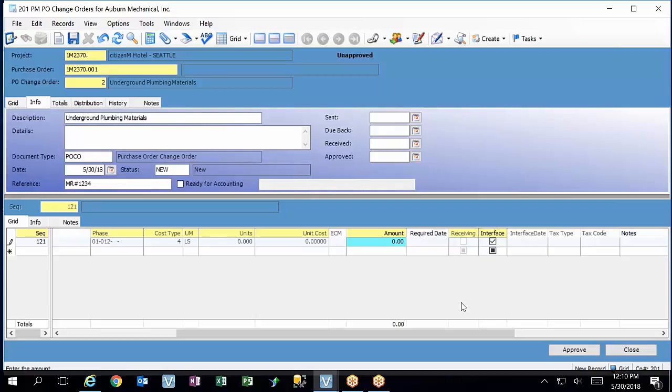Does it show the original amount usually? Was this a $0 PO? Well, it was a lump sum, so no, it's not going to, but if it had units, it would show the unit cost. This is just a brand new cost item to an existing one, right? Yeah. I was wondering if the original PO for this one on the .001 PO was just written for the amount 0. No, it should have had an amount. Yeah, I was wondering if it shows up here so you can see what it originally was